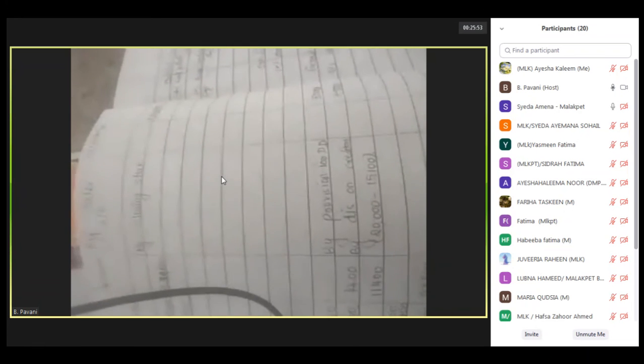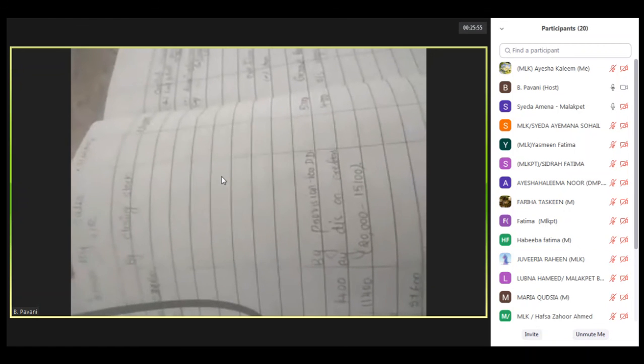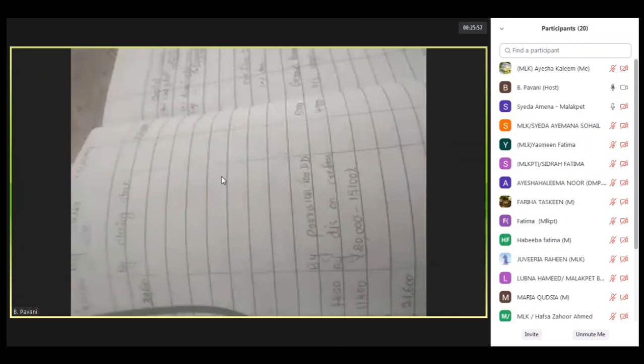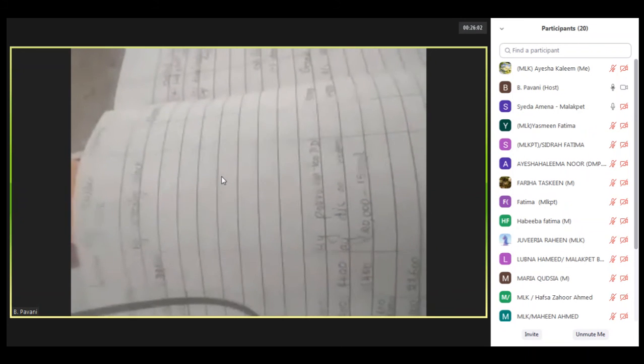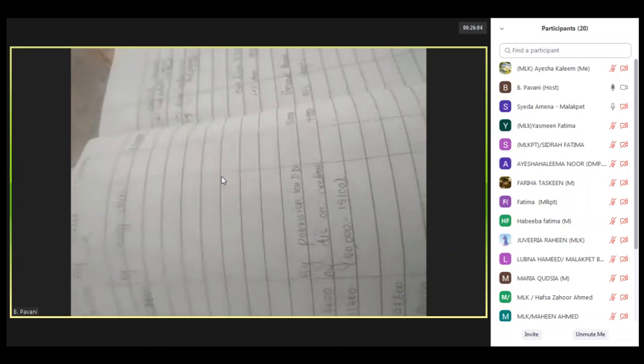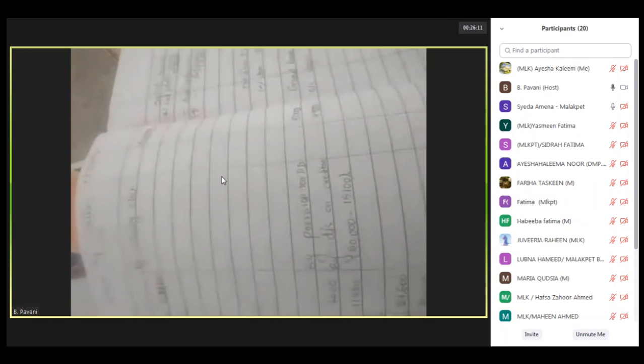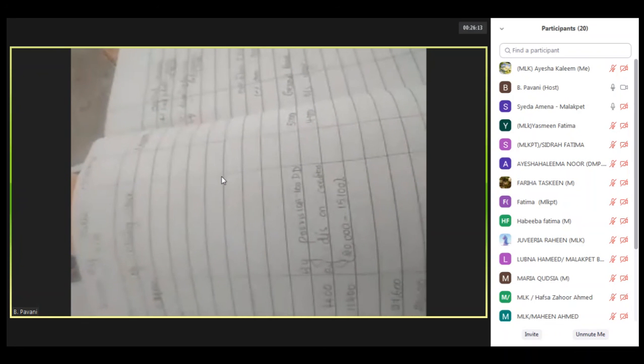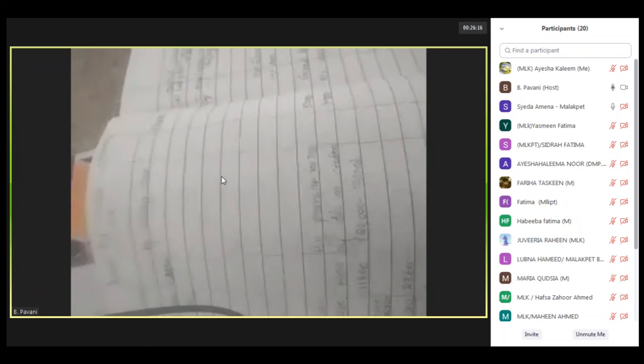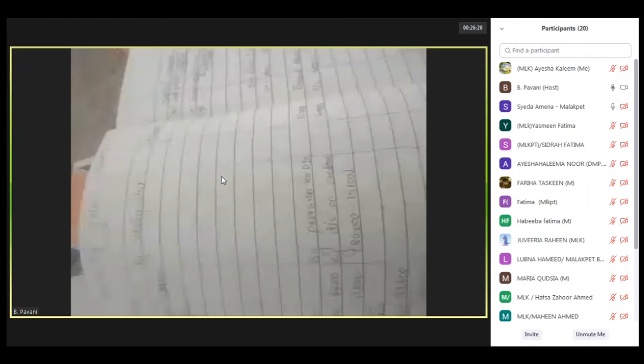The next is the item of repairs to premises included 20,000 for the acquisition of capital assets. Repairs have included the amount of the capital assets. That's why what we have done, from the repairs to premises, we have subtracted this amount, and to the freehold premises, we have added this amount. Next is stock of stationery. As you know, whatever the stationery will be there, they may use for the next year also. So when they are using it for more than 1 year, it will come under the asset. That's why at the end of the year, whatever the value will be there, we are subtracting from the stationery, and one more time we are showing the effect under the asset side of the balance sheet. Right?